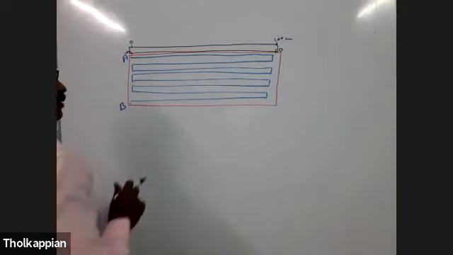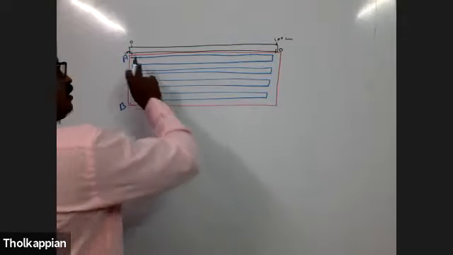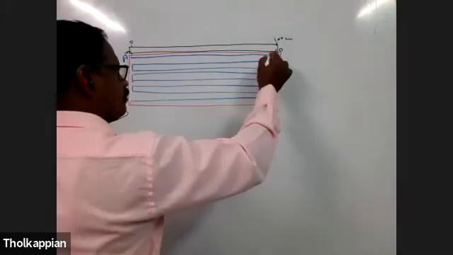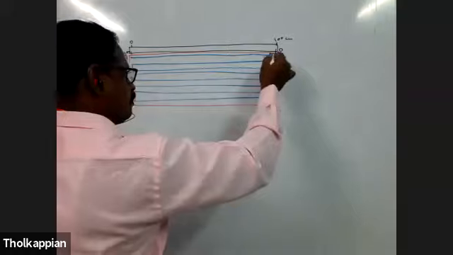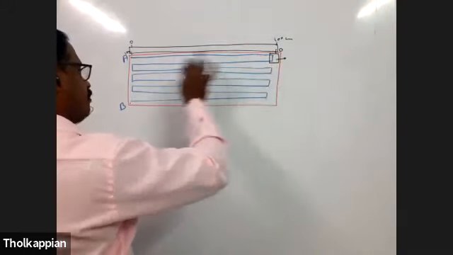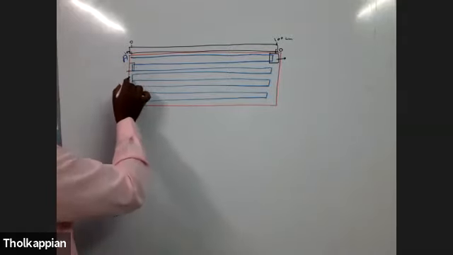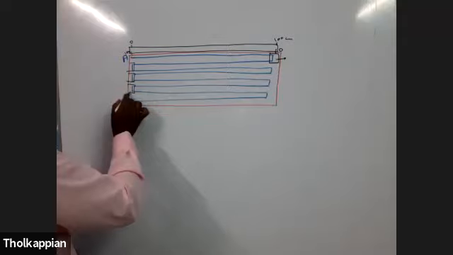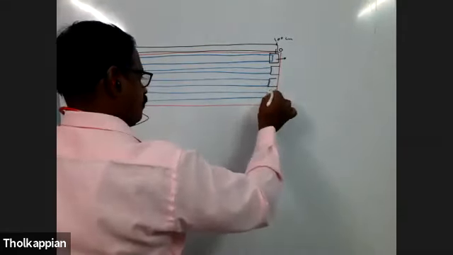This wire is made up of Constantan or manganin alloy. This wire is tightened by means of a copper strip with a binding screw. This is a copper strip with a binding screw to keep the wire taut. So like that, on all the sides, it is bound with a binding screw with the help of a copper strip.